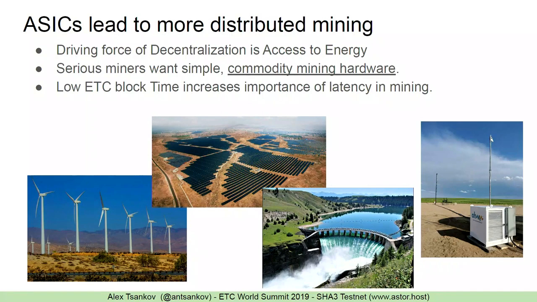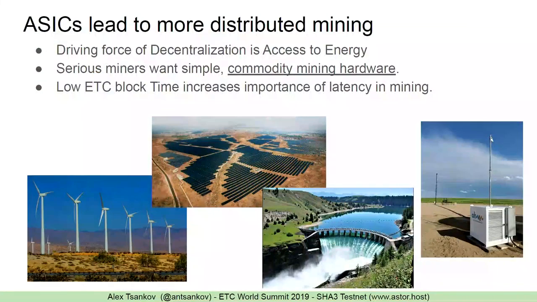because it directly affects the profitability of their project. So I think that if we move to a direction in which we have low cost, open hardware that is easy to distribute to a variety of areas because we have a lot of manufacturers, and I think we will have a lot of manufacturers, I think that we can basically encourage renewable energy use, and I think that's very important for proof of work chains to try to move in that direction. And on the side, actually, that box right there is being used for methane flaring, which is a huge problem that nobody has been able to come up with an economically feasible way to solve.